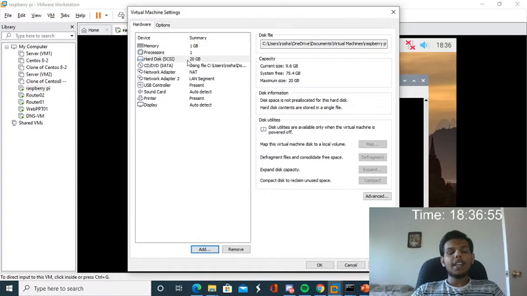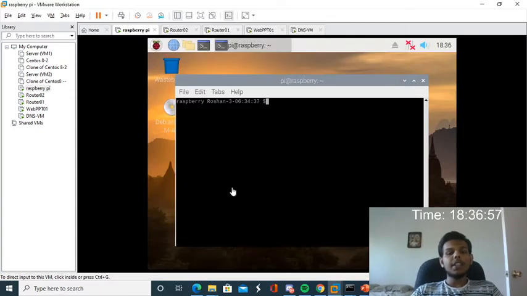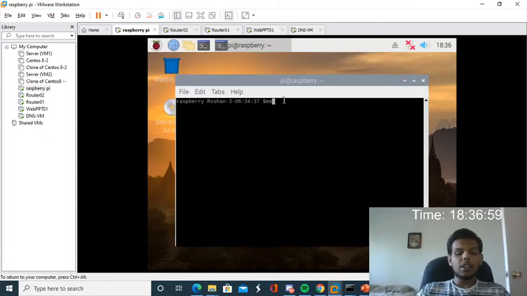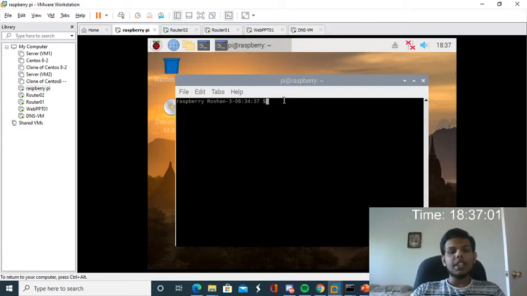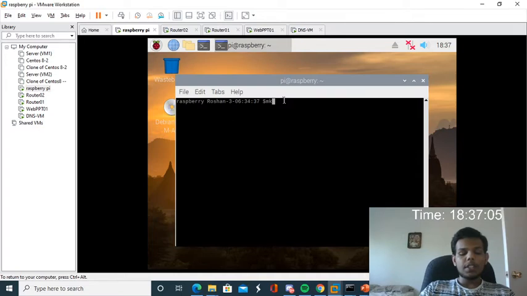So the hard disk will be added. After that, I will make one directory in order to mount it. For example, mkdir slash dmp slash broke.